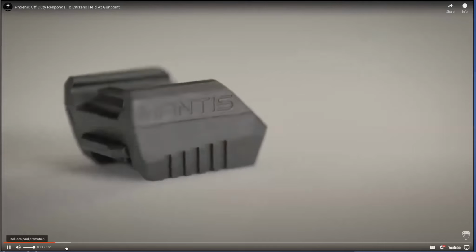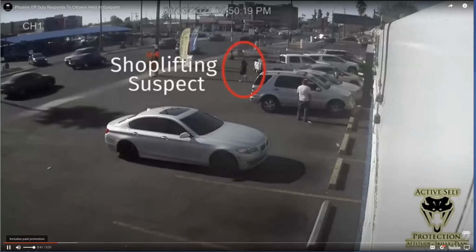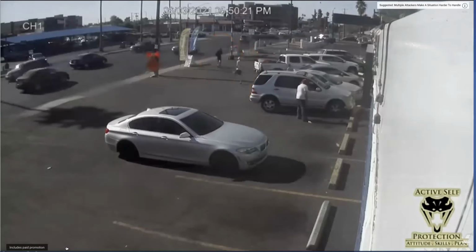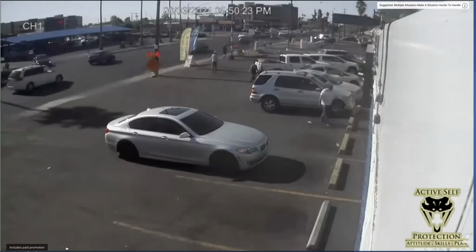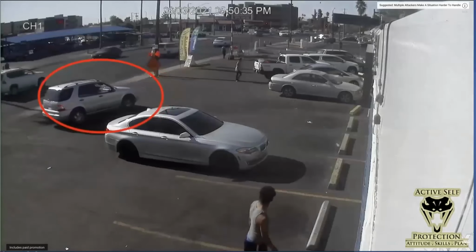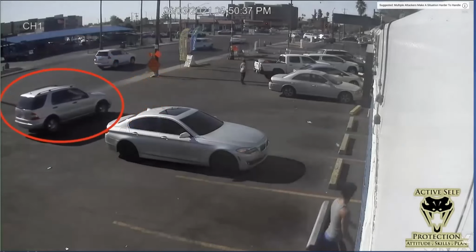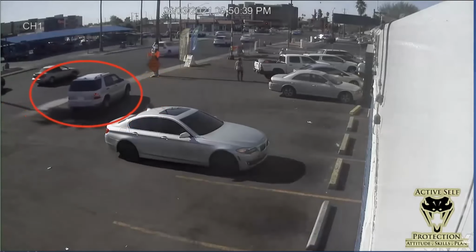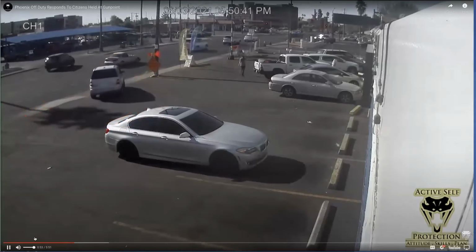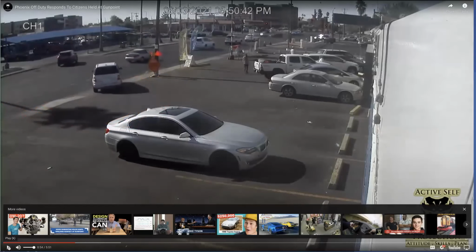The link is below. This whole thing starts with surveillance footage of a couple of shoplifters. It's not an armed robbery, it's shoplifting, and they run off with stuff. Now the guy in the car here, he's the passenger. He tells the driver to go chase those guys down. He's armed, and he decides that he wants to stop them. By the way, as a private citizen, we should not be chasing people. If you're a security officer, it might be different, but this is a whole lot of bad already starting. So let's watch and see what happens.